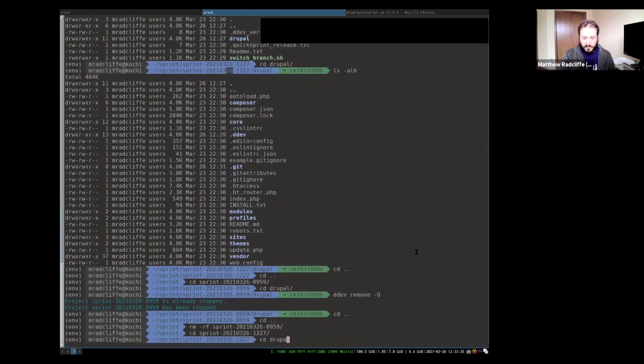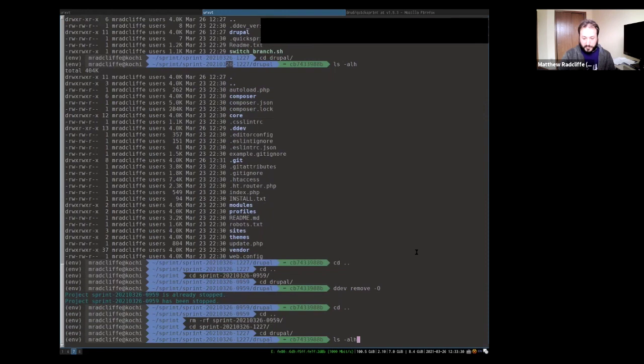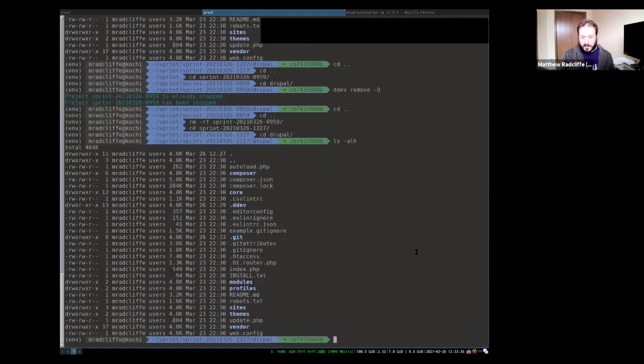All right, so I'm going to go back to my current local environment's Drupal folder, and just describe what's going on here. This is Drupal core, just checked out, a clone of Drupal core. There's this DDEV directory here, and that's where everything is pre-configured, and we shouldn't need to do anything there.